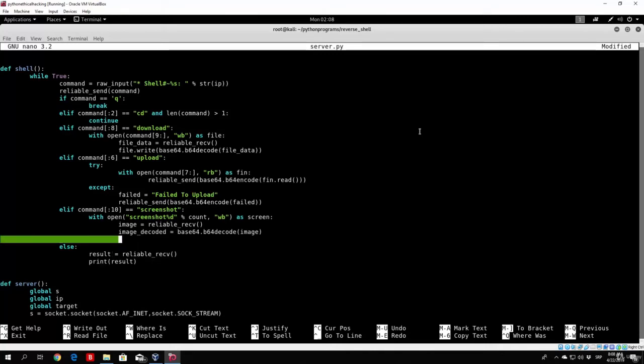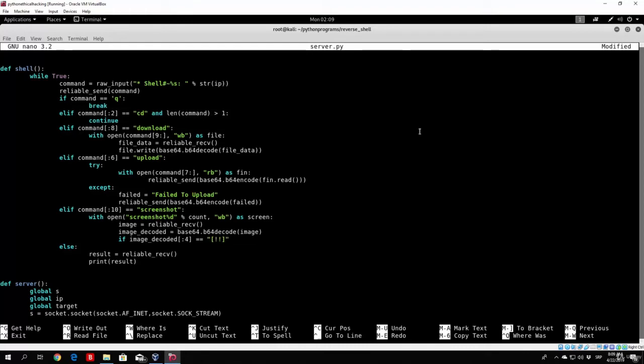And now what we want to do, since the try rule in our reverse shell actually sends the data for the image, is if we successfully took a screenshot, we want to save that to a file. If we didn't take a screenshot successfully, that means that we are getting the string back, which will say failed to take screenshot. In that case, we want to print it to our screen. In order to check that, we can just check the first 4 characters, for example. So if image_decoded, and then the first 4 characters equal to this string,